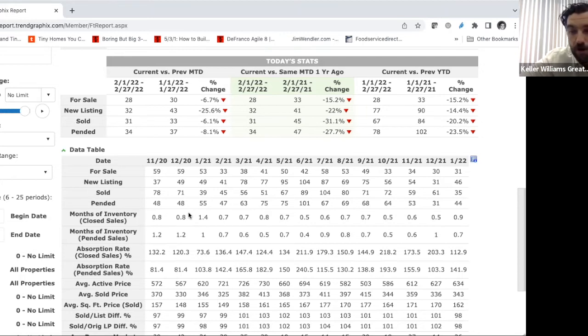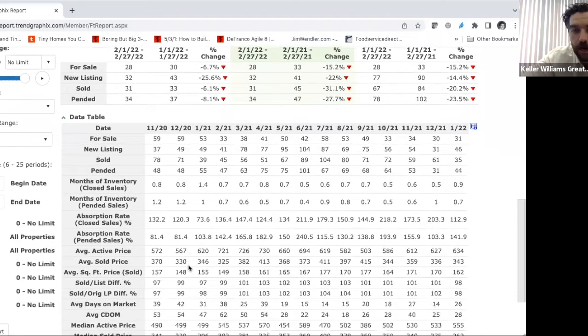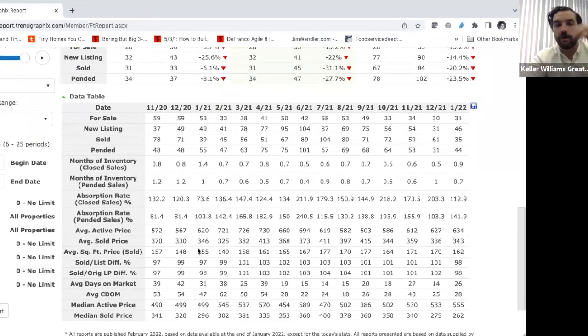The absorption rate, which means how quickly our properties are selling versus how many properties are being listed. And then you can do the same thing for pending. But now you can also get into your average active price, average sold price. So, look,